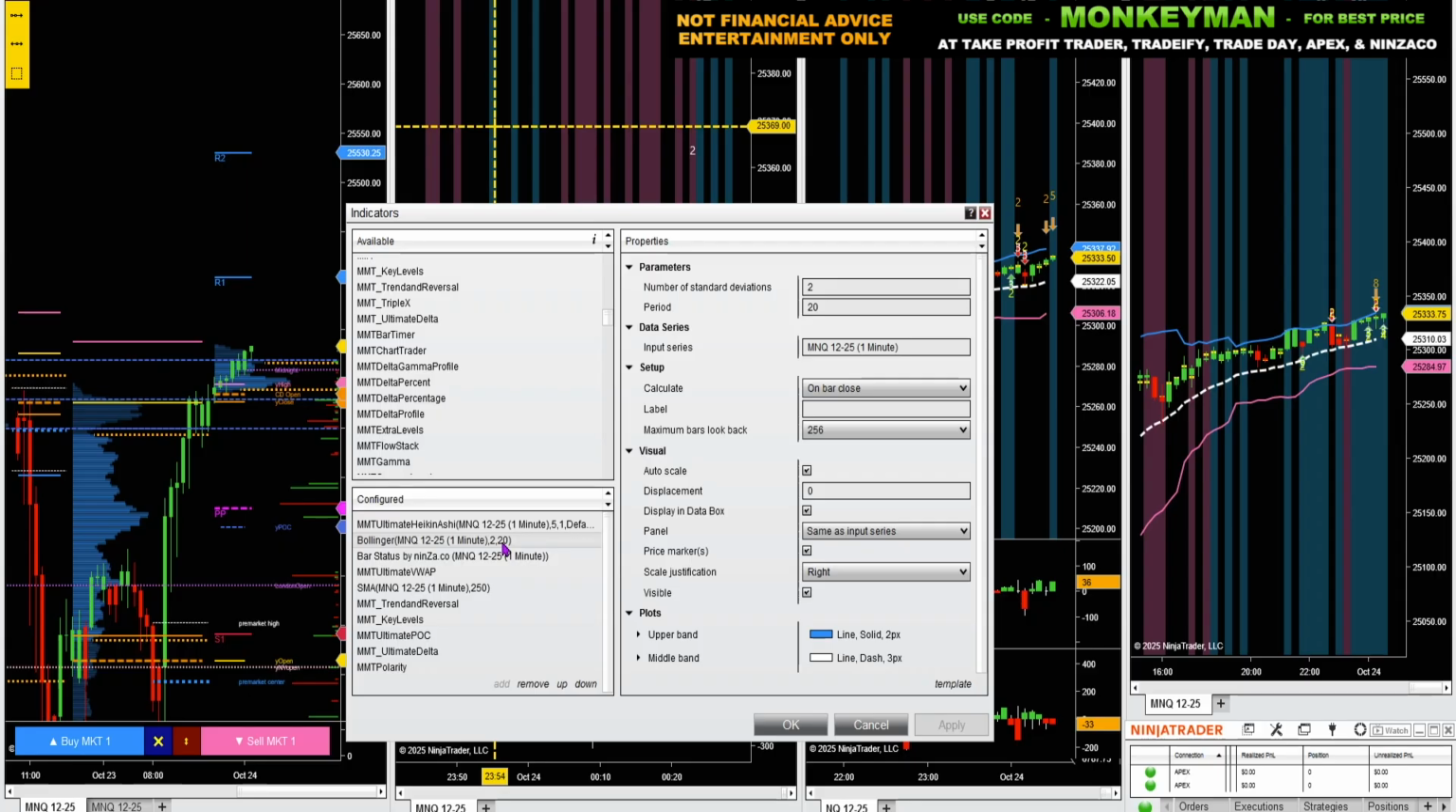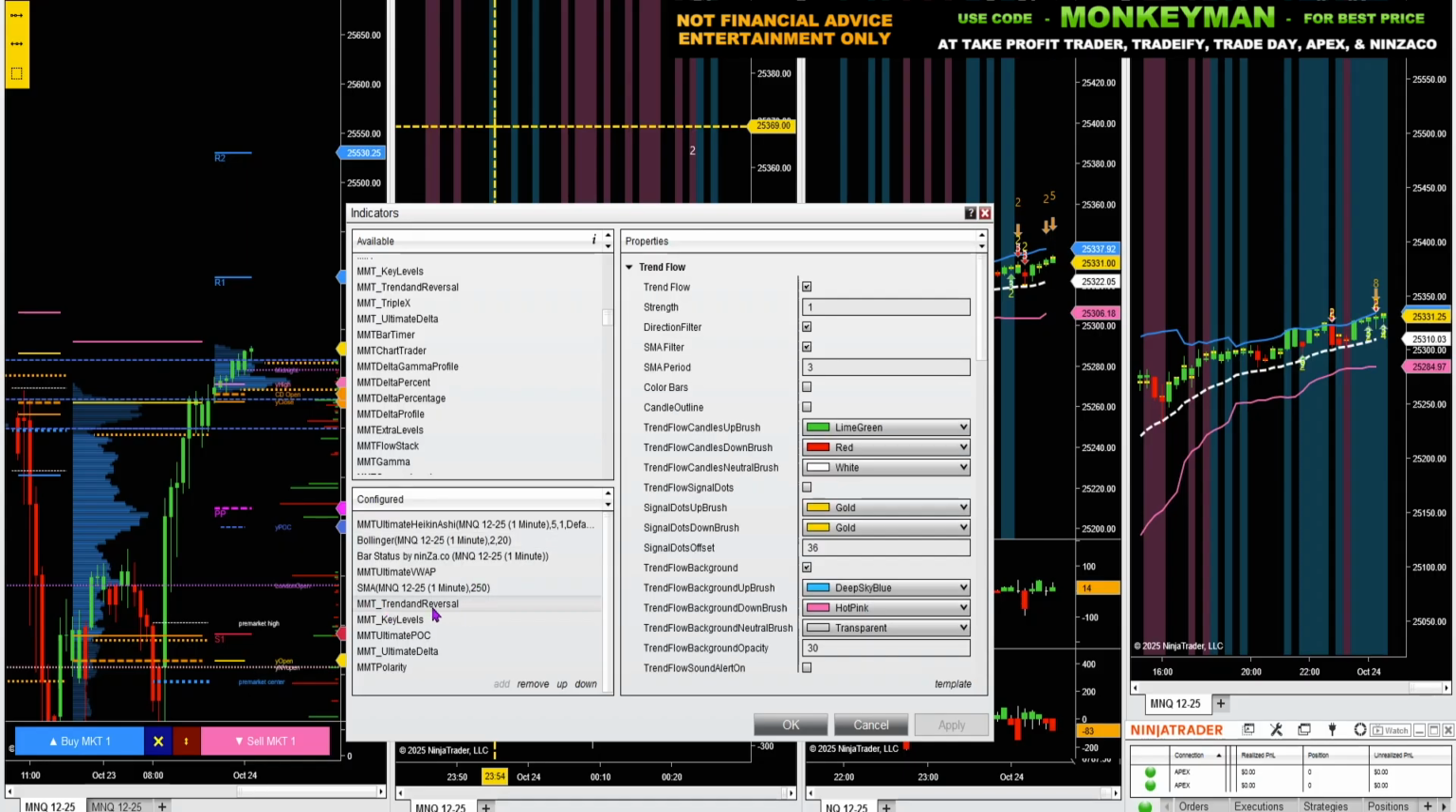I've got the built-in Bollinger Bands on the chart, a period of 20, standard deviations of 2. That's the same for all three charts. Got the VWAP on the chart. So this instance of the trend and reversal, I'm using the trend flow, a strength of 1, directional filter is